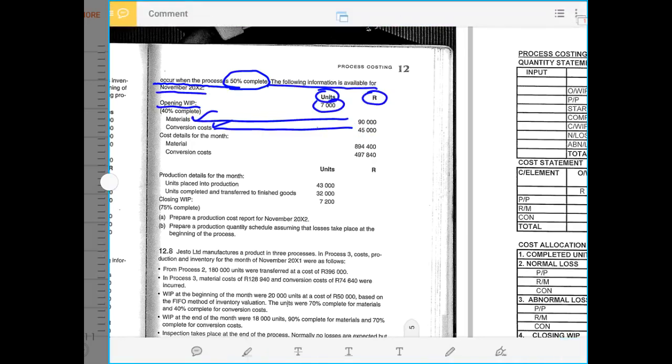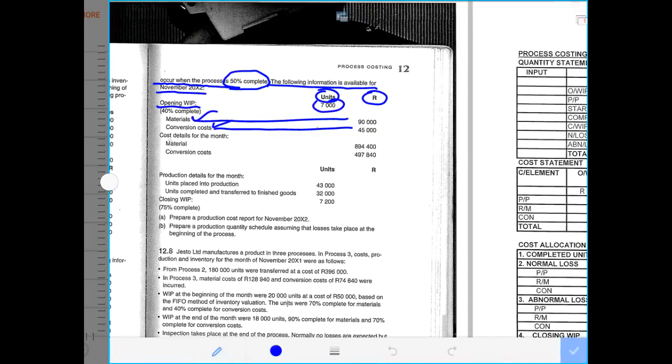Then it says cost details for the month. That means these are the costs that were incurred during the month, and they will be recorded under current cost. And the total raw material or direct material is 894,400. And the total cost incurred in terms of conversion cost amounted to